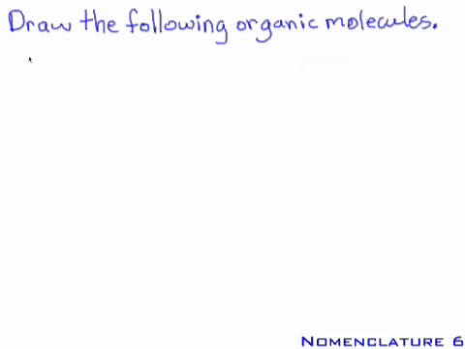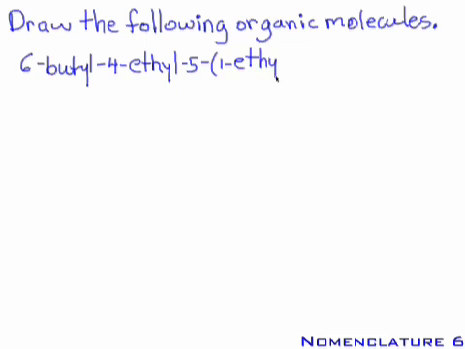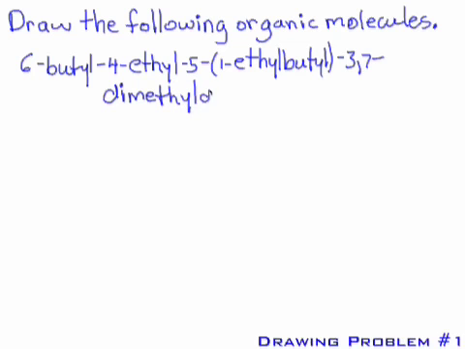The first name you were given was 6-butyl, 4-ethyl, 5-(1-ethylbutyl), 3,7-dimethyl decane. Now, I just want to look at this name before we attempt to solve the problem and comment